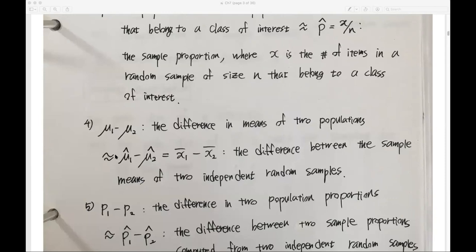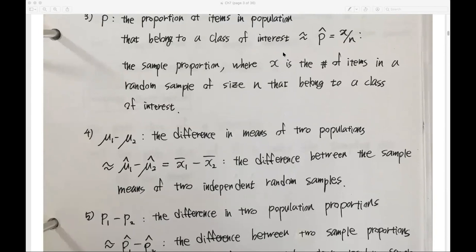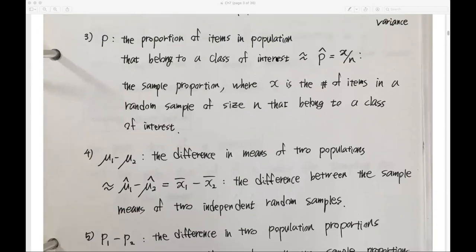And then mu1 hat minus mu2 hat, that's going to be the point estimator of mu1 minus mu2, right? So x1 bar minus x2 bar, the difference between the sample means of two independent random samples, is the reasonable point estimator of mu1 minus mu2. And then here, back to the third one, p hat,